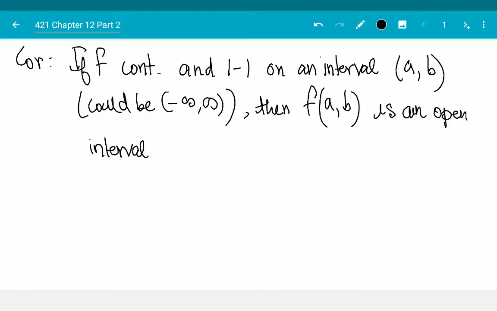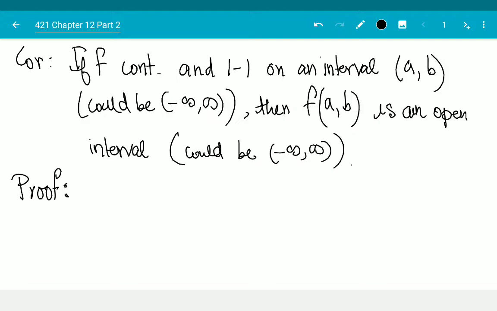which could also be negative infinity to infinity. Okay, and I am not going to prove it completely. I'm going to give you the sketch of a proof. Okay, so look at f of (a, b). Okay, take